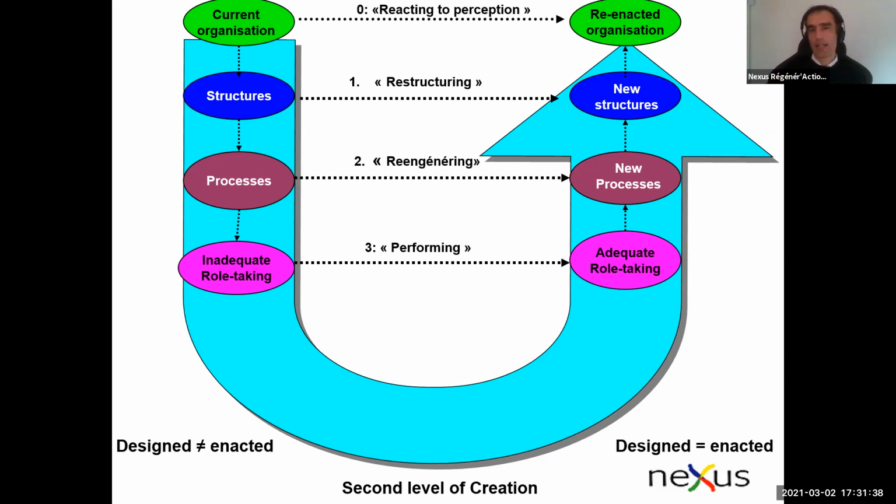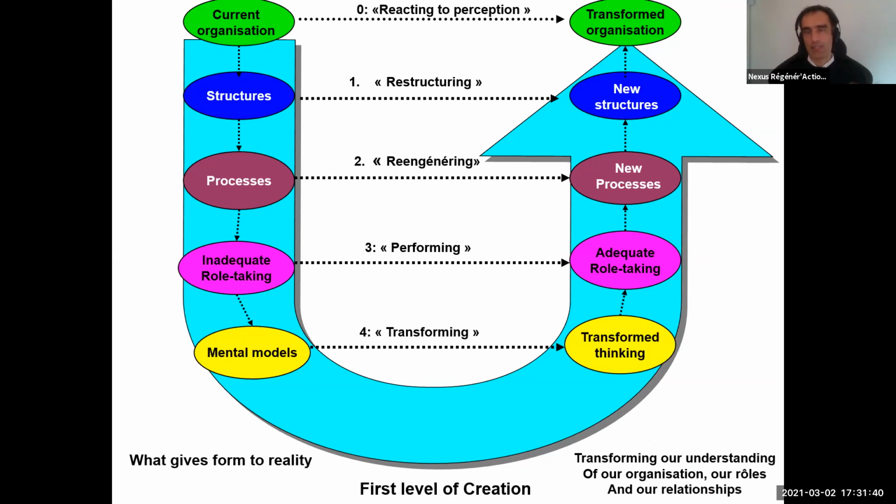And so in order to do that, what's going to be helpful is to dive deeper, to dive to the level of the mental models. In other words, what are the mental representations I hold in my mind of the reality and of my role in it, of how things function? What's the story I have in my mind, whether it's conscious or unconscious? What's the way I construct the reality in my mind? What's my mental model?